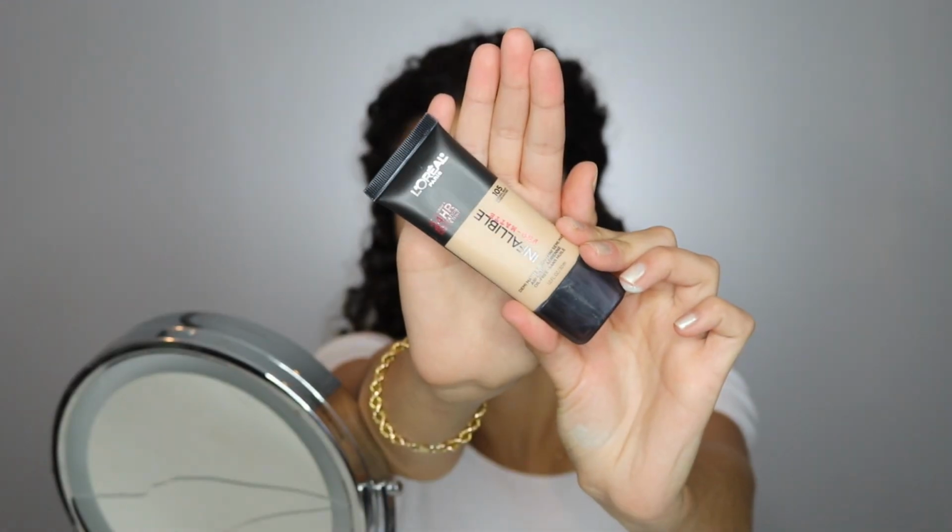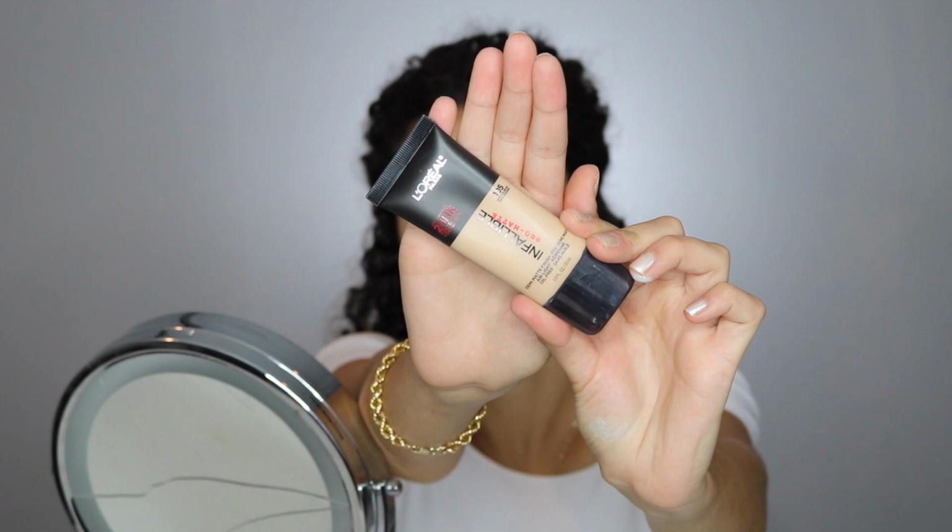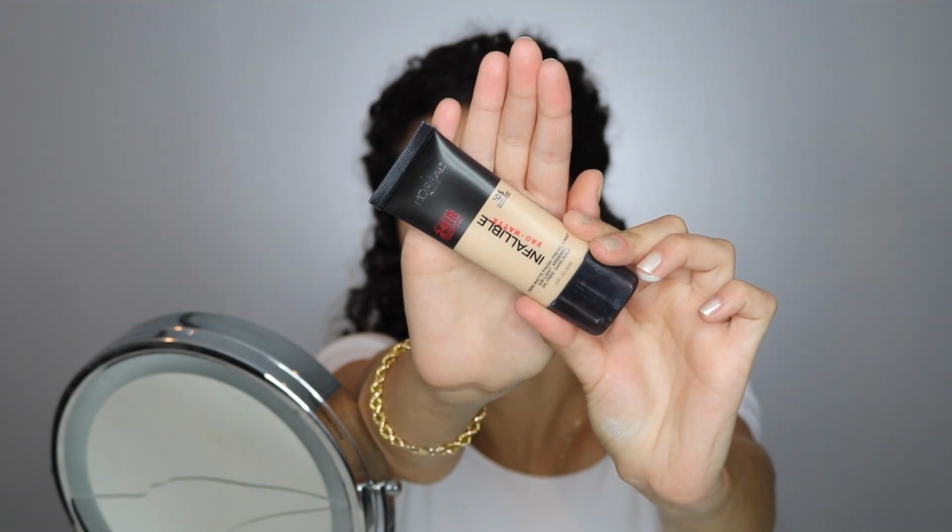I'm gonna be using the L'Oreal Infallible Pro Matte Foundation in the shade Natural Beige today. I've also never used this one either. I've heard good things. Beauty by Rosita uses it on her makeup clients, so I thought I'd give it a try. If she uses it on her clients and gets good feedback for it, then it can't be that bad. I'm gonna avoid the areas that I highlight because I'm just gonna put the highlight on top